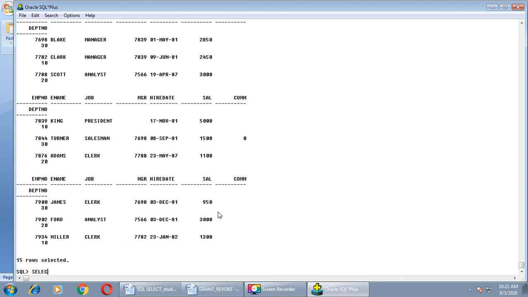I repeat, select star. You cannot simply write like this EMP, because EMP object is not created by this particular user, but you can access all the records of EMP table by giving command scott.emp by writing like this, right?